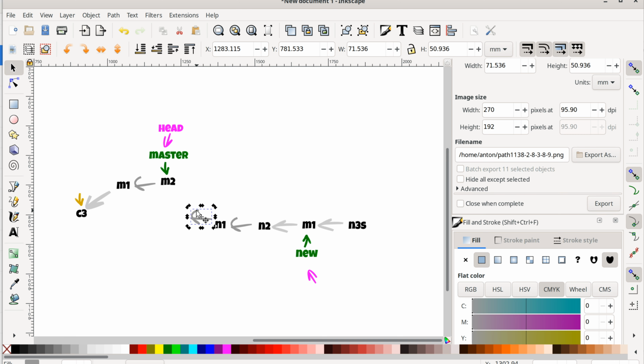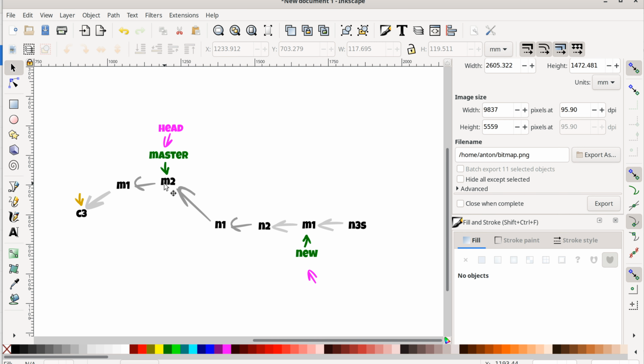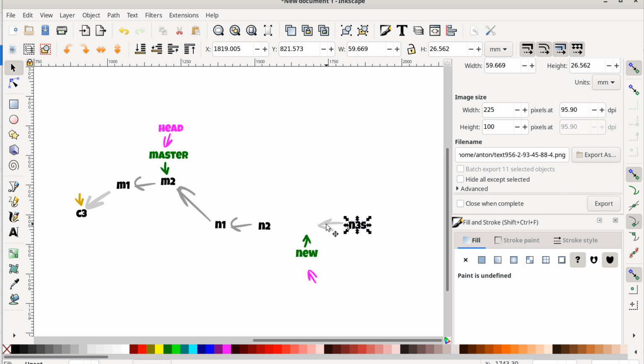Basically, you take your first commit and apply all of your commits to the head of master, and this way you have a clean history without any merges. You can go straight from n2 to n3,